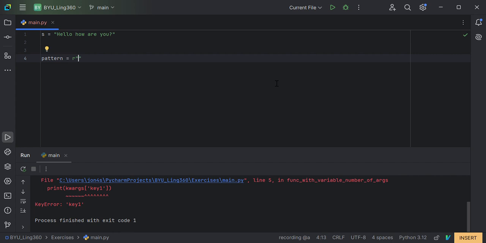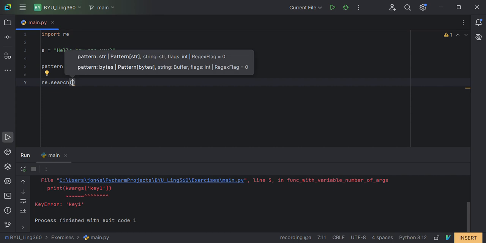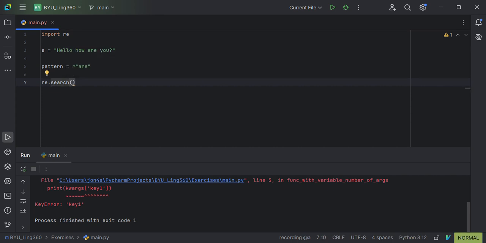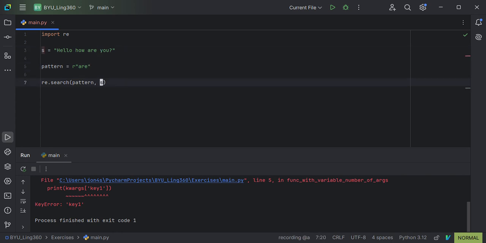So here's our regular expressions. You should always prefix with an r before the string. And I want to check if it has r inside my string, okay? And I'm going to need to import my re module, regular expression module, in order to do some matching. And then I'm going to just use my re.search, and that's going to tell me whether it matches or not. Okay, so here's my pattern, here's my string to match, which I've stored in two variables up here, and we're just going to print